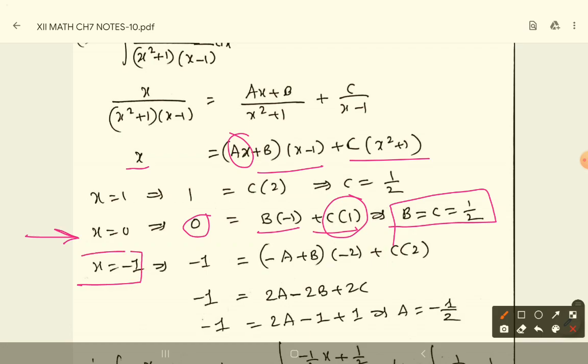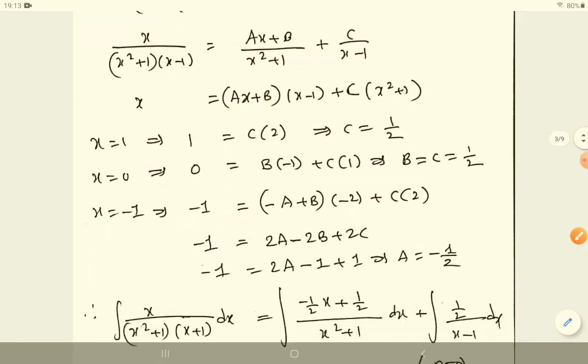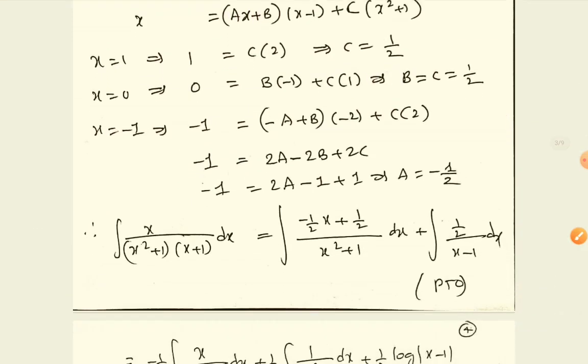Similarly, take x is equal to minus 1. If you substitute x is equal to minus 1 in this expression, then you get the value of a. So try to calculate. Calculations are very important here. Okay, so put a pen on the paper and do the calculations, then you will understand it properly, right? If you simply listen, you will not understand, you will have to work it out parallelly.